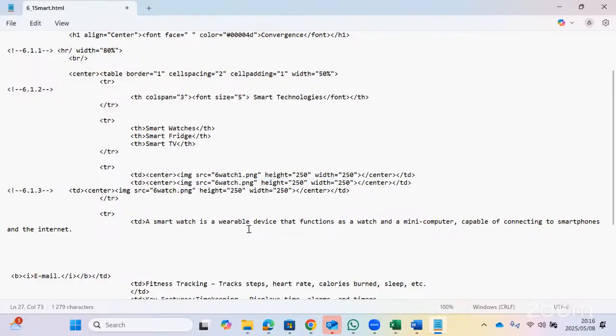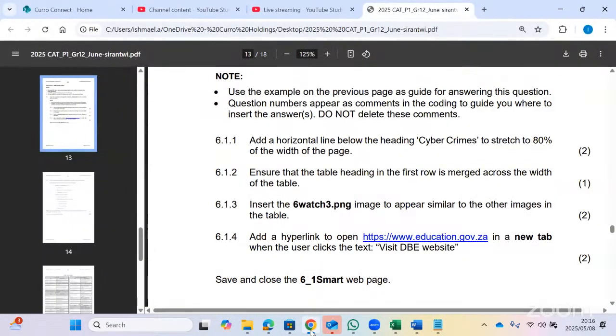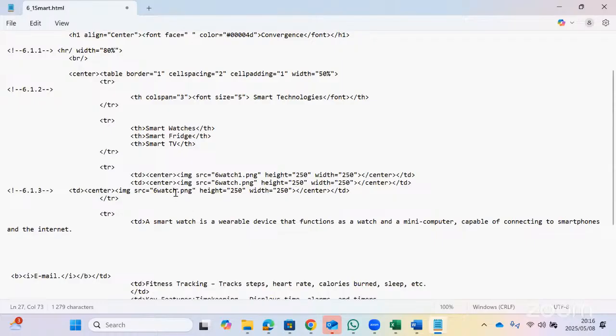Now the name of the image should be 6 watch 3. So you change the name of the image, and then it will be there. Then you save it. Now, the next question, hyperlink